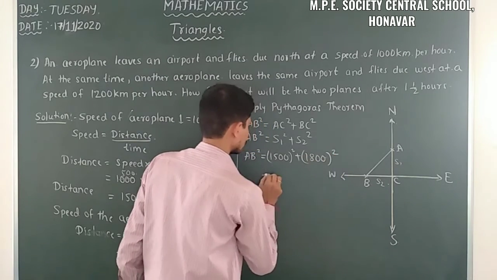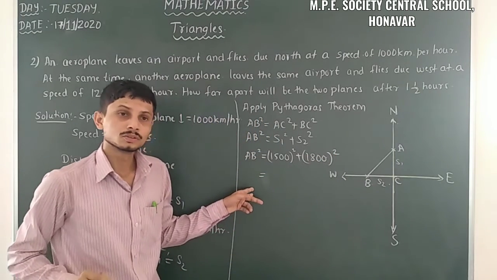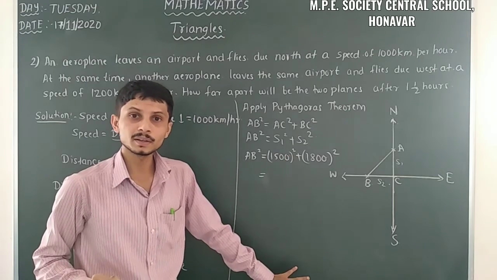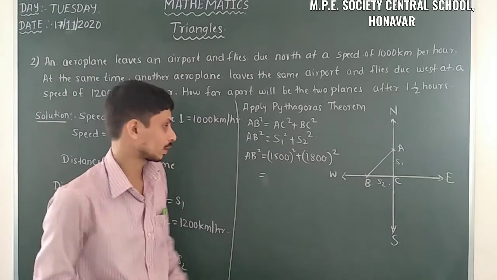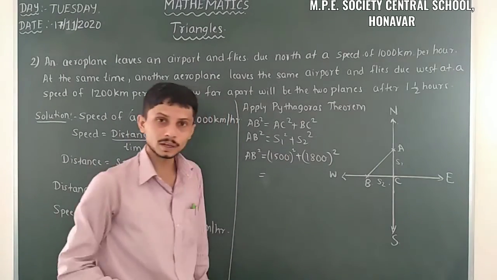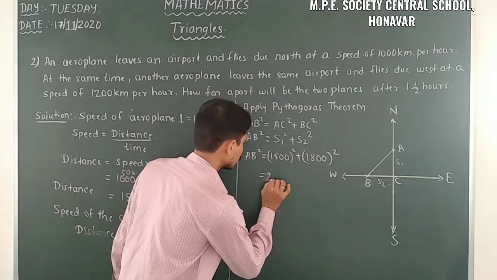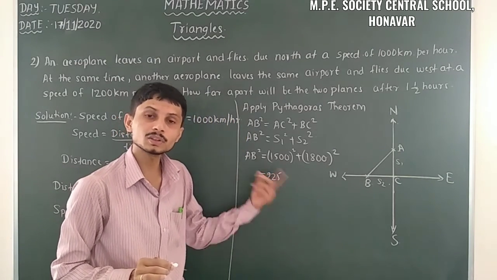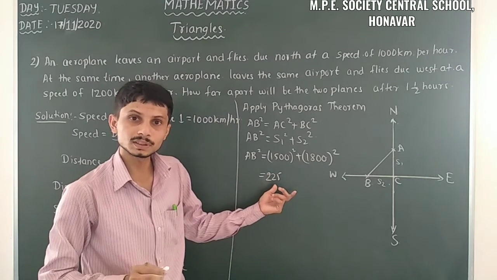1800 square is equal to. So here we have to find out the squares of those two things. After that we have to take the square. That is, here 15 square is 225. So 225 and we have 2 zeros at the end. So when we square that one, the number of zeros is double.